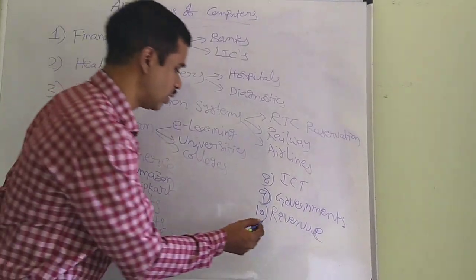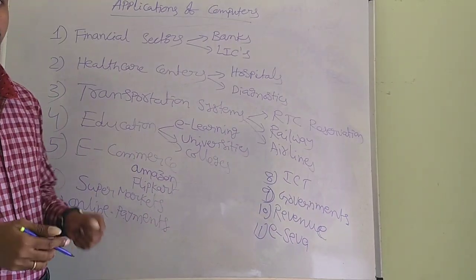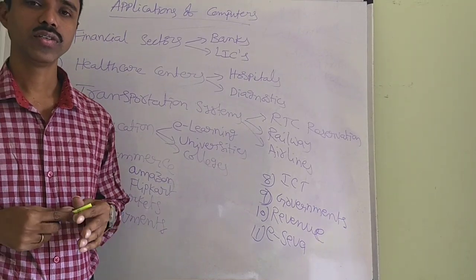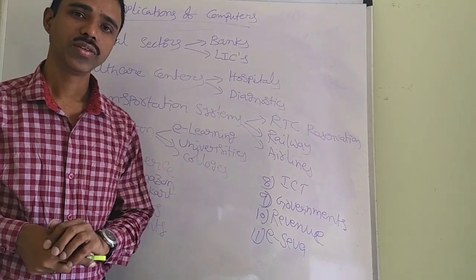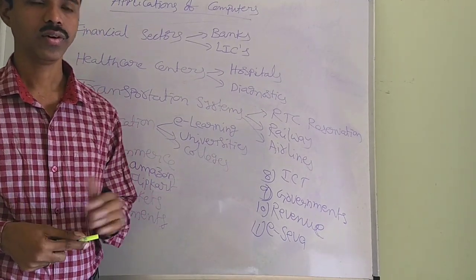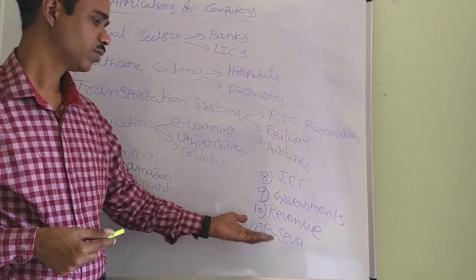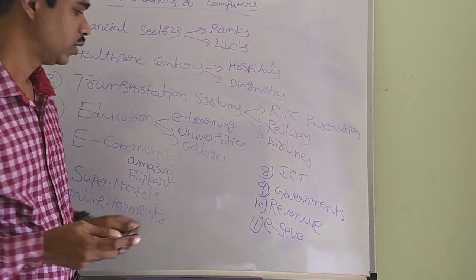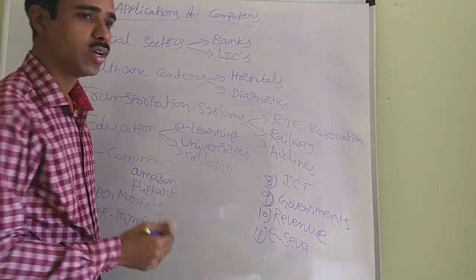Similarly, in the e-seva centers, for example, if your grandfather is illiterate, how is he paying the current bill? He goes to e-seva centers and pays the bill. So how are e-seva centers paying the bill to the transport corporations? Because of the online system. They are using the computers. The e-seva center is also a best example where we are using the computer in real time.